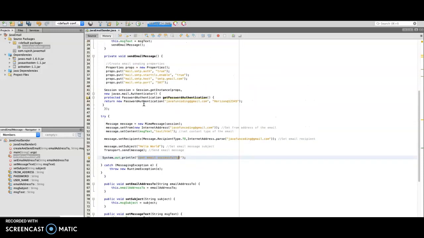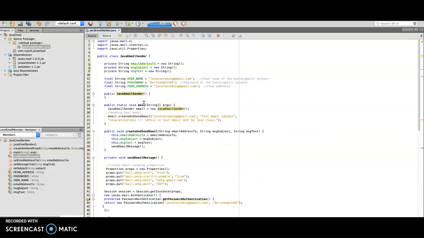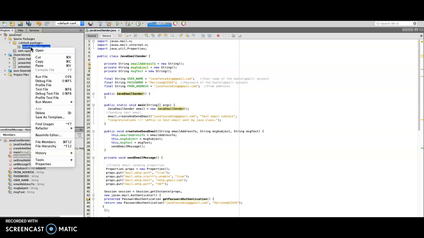So this is the code which you can use in its original format by just making the changes in the email address and the password. Rest everything can remain the same. Obviously you will be changing the content of your email depending on your own requirements. So let's try and run the code now. So if I right click and run,